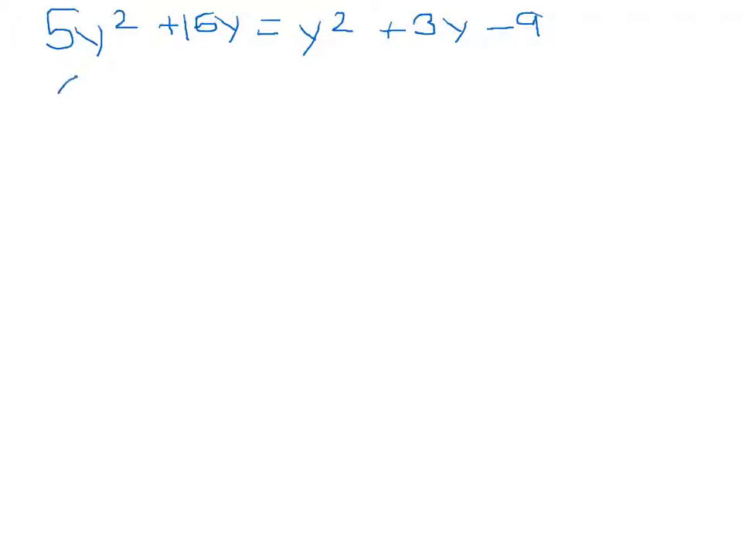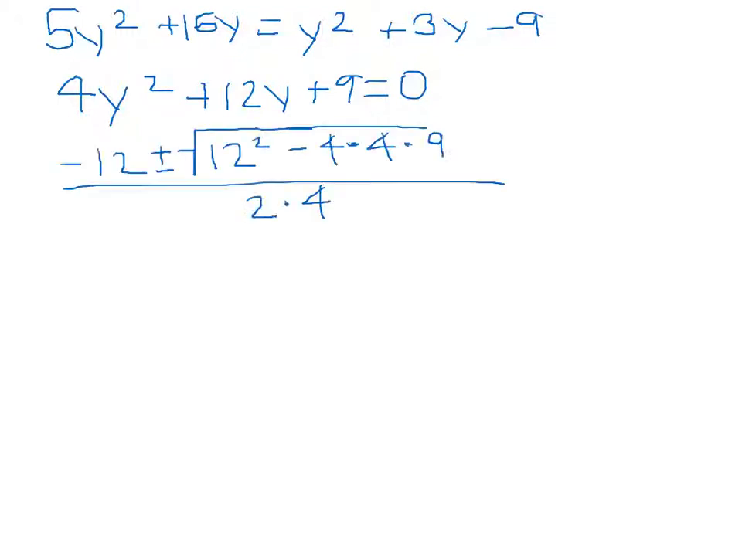So we would take 5y squared minus y squared, which would be 4y squared. Then 15y minus 3y, which would be positive 12y, plus 9 equals 0. Next, we want to just plug these things into the quadratic formula. Hey, so I'm back, guys, and I've just plugged in everything to the quadratic formula, and so now we will